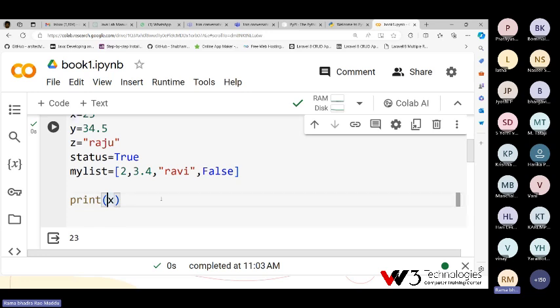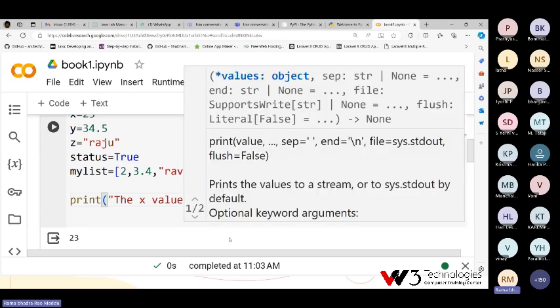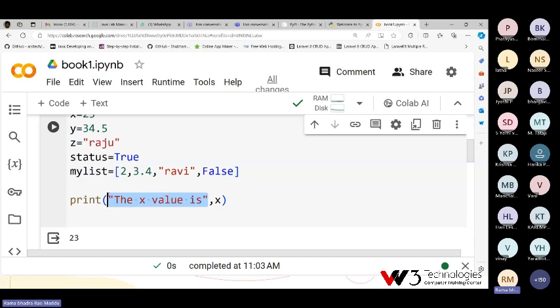Then in print, you can write a comment, "The x value is", you can separate with a comma, because print supports multiple arguments. You can send a string value, you can send the x value, multiple values you can send at a time, separating with a comma. Now the x value is 23.